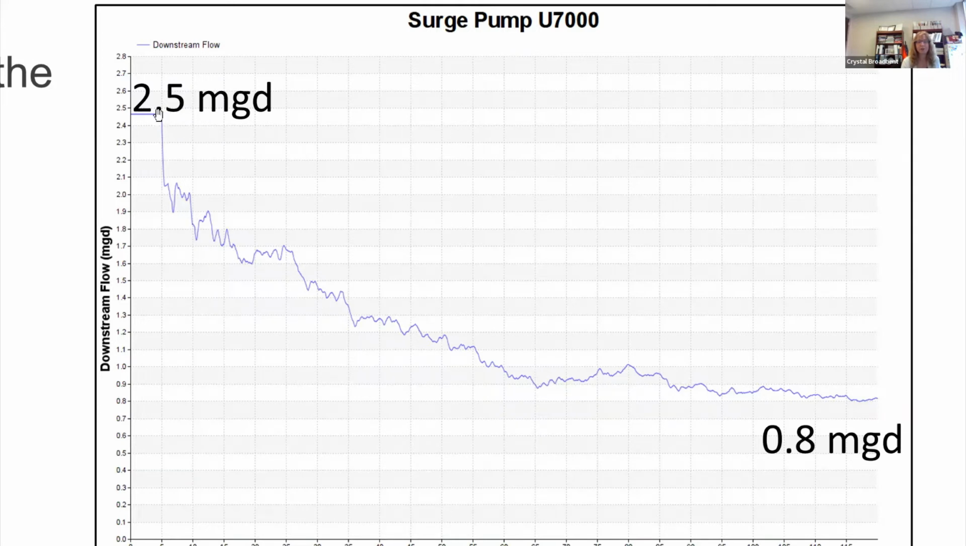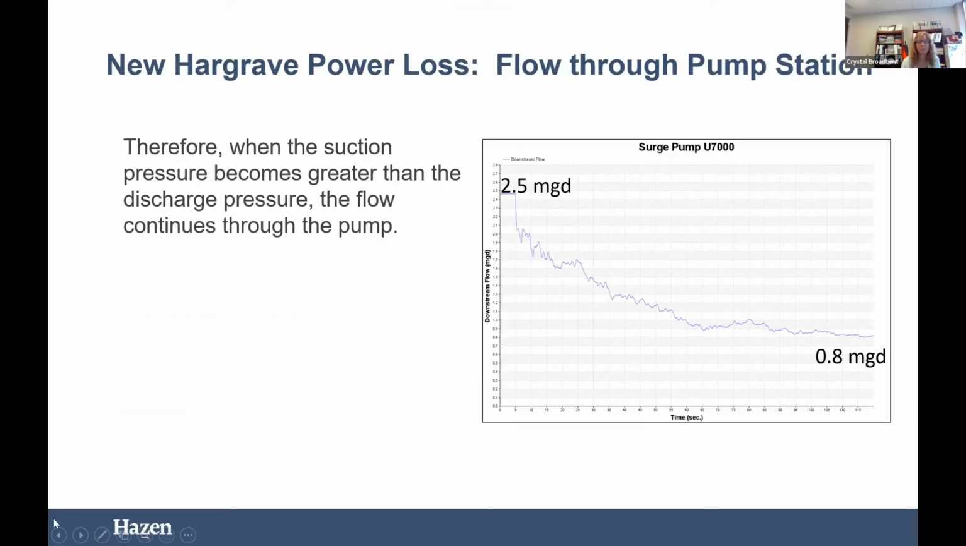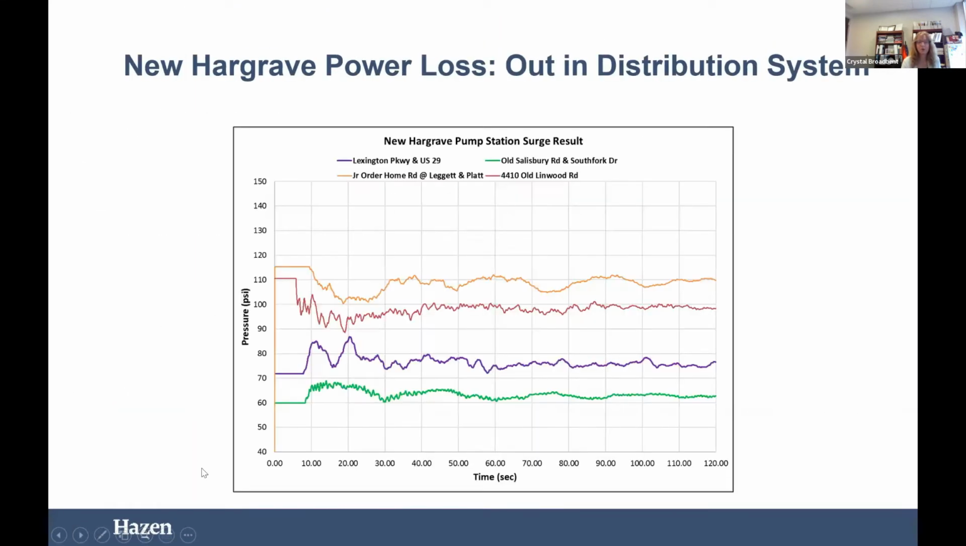So you can see we're at 2 mgd, but the flow never wants to stop because the energy is always greater on the suction side than the discharge side. So it always wants to keep flow going through the station. And so what we decided to do was to actually take advantage of that in our design and add a pump station